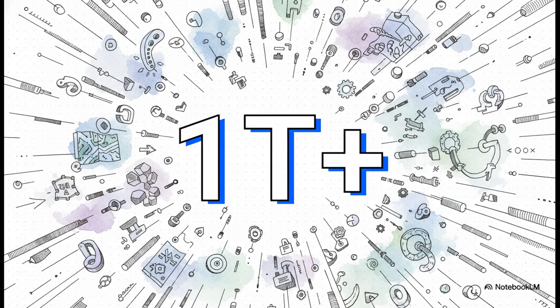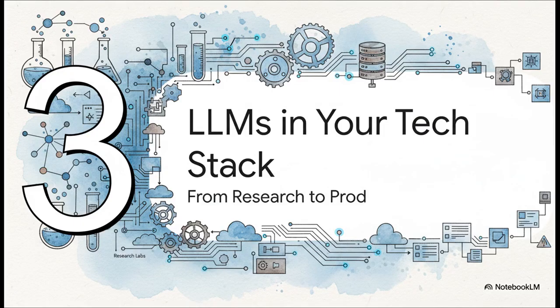Okay, now here's where the scale just becomes mind-boggling. We're talking about the biggest models having over 1 trillion parameters. Think of parameters as the knobs and dials where all the model's knowledge gets stored. When you get to that massive scale, something truly fascinating happens. You get what are called emergent capabilities. The models just start doing things they were never explicitly trained to do. Things like solving logic puzzles or writing working code. And all of this comes just from being really, really good at predicting the next word. And this is not just some academic theory anymore, not by a long shot. What started out in research labs is now a production tool. It's being plugged into tech stacks all over the world.